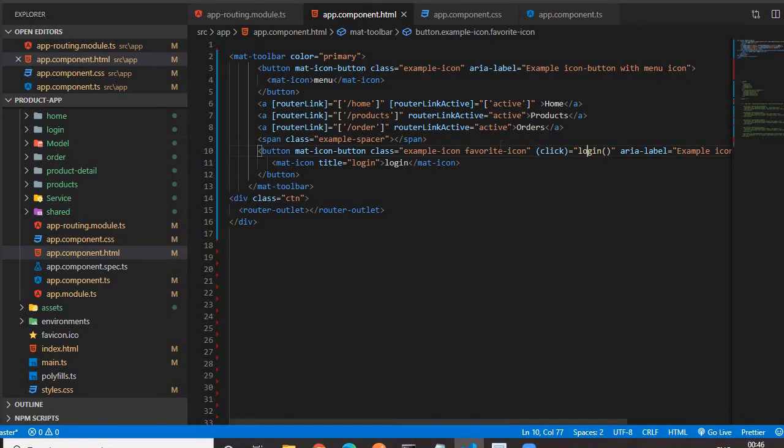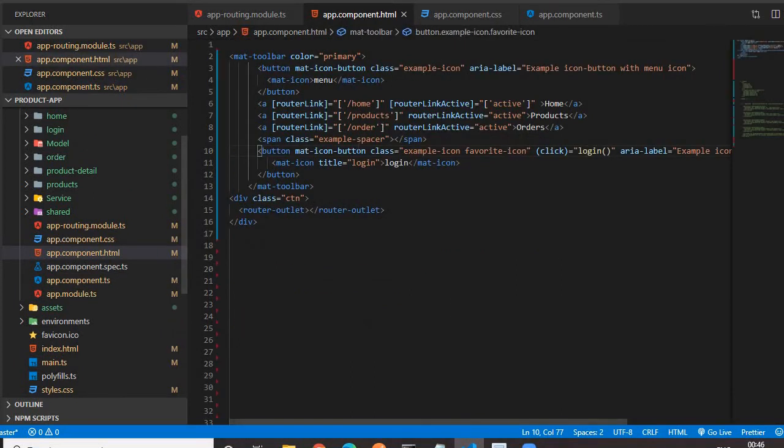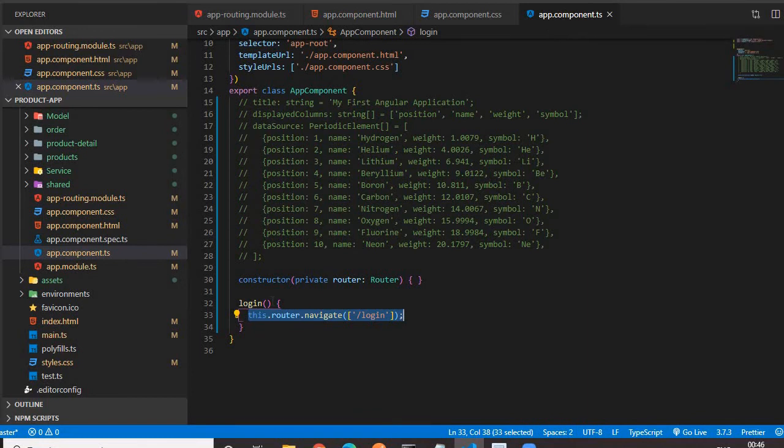In this way we can navigate from one page to another page through this code. So there are two ways of navigating from one page to another. One way is by using the anchor tag with the routerLink attribute, and the second is through the TS file by using the router object and its navigate function. Up to this point we have covered some basic concepts on routing.